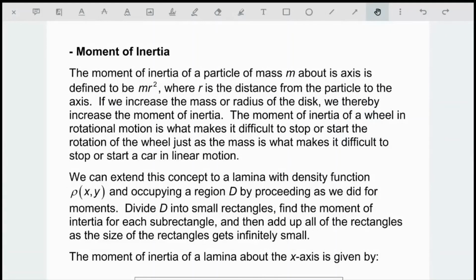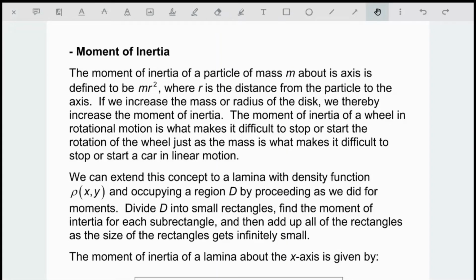All right, so the last application we're going to talk about today is called the moment of inertia. The moment of inertia has to do with how much of our mass is further away from our axis of rotation. So the more mass we have further away from the axis of rotation, the more that object is going to tend to want to rotate, and it's going to take either more or less torque to speed up or slow down that object